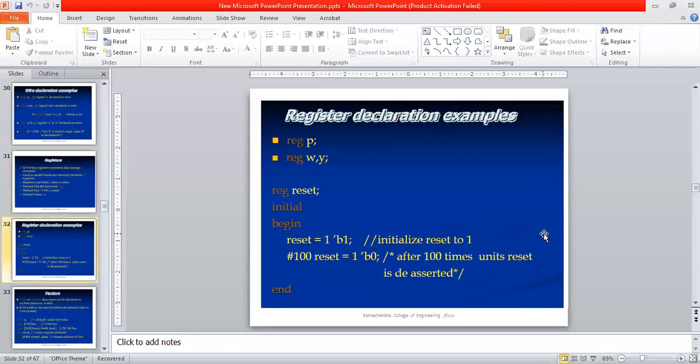Let us see some examples of registers. p can be declared as a register, which means it holds some values. Let us also explain the register using Verilog HDL: reset can be declared as a register element.